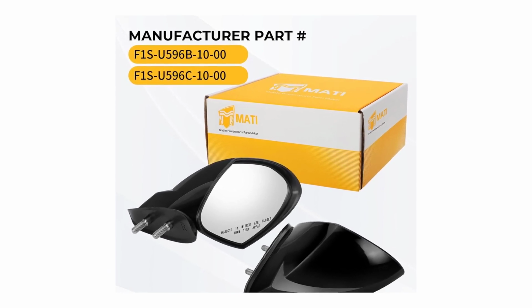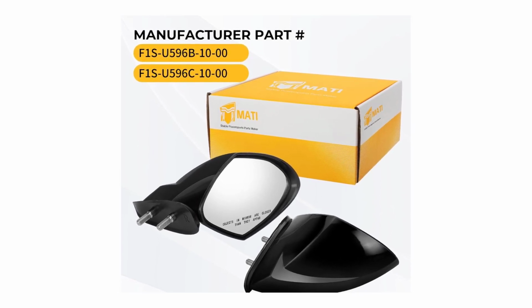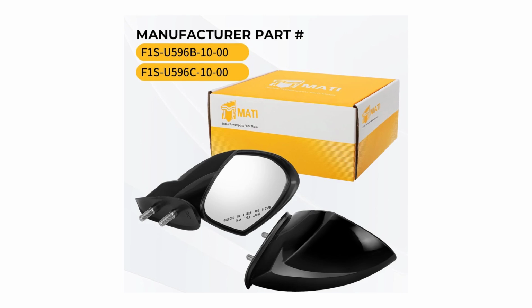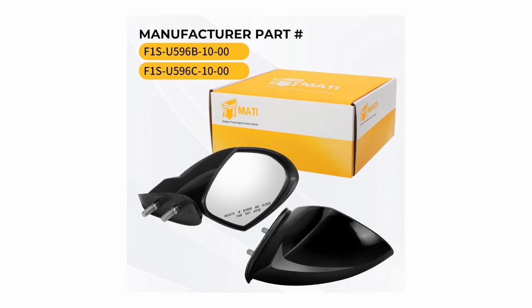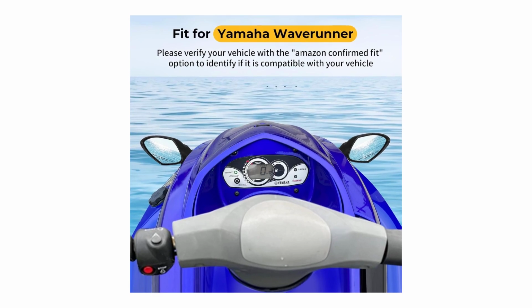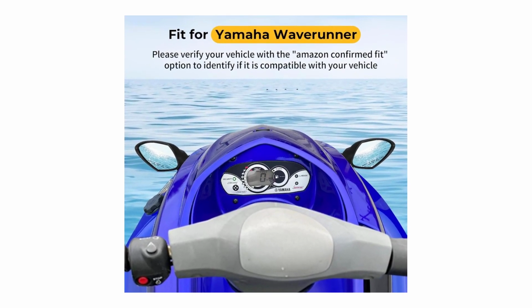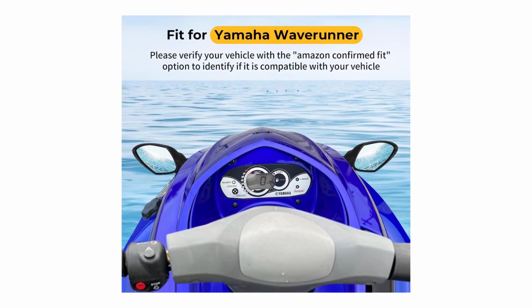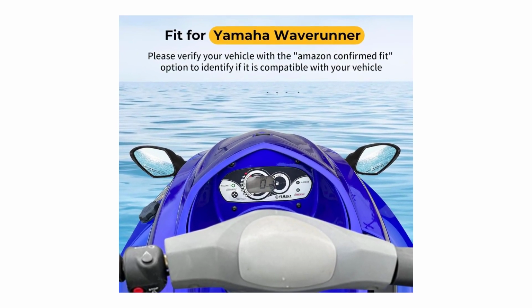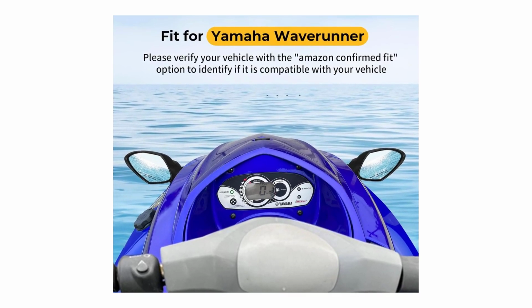This mirror set is perfect for users who want a complete upgrade or replacement for their side mirrors. It's a more comprehensive solution compared to the single mirror, offering balanced visibility on both sides. While the price is not listed, the product's features and quality make it a worthwhile investment. The only downside is the need for proper fitment checks before purchase, but the manufacturer offers excellent customer service to